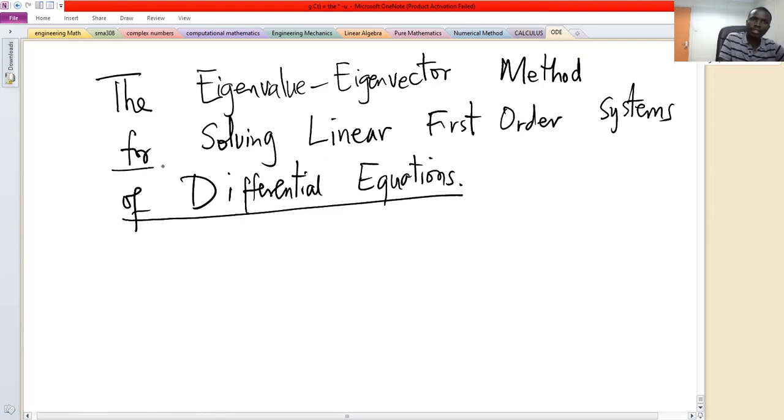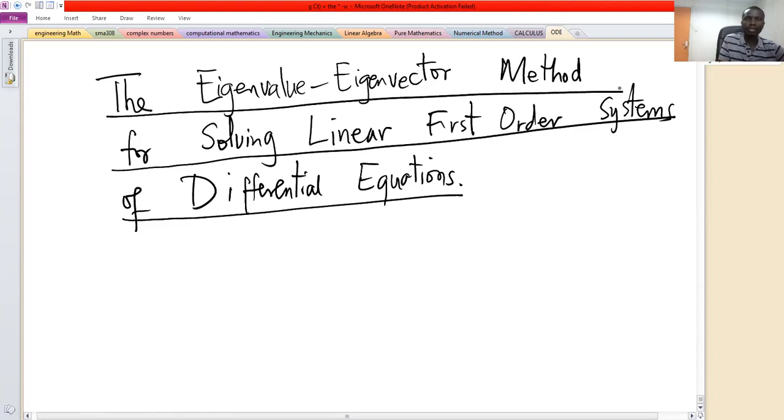In this chapter, it is assumed that you already know how to solve differential equations without the matrix method. So the assumption is that you already have some knowledge of